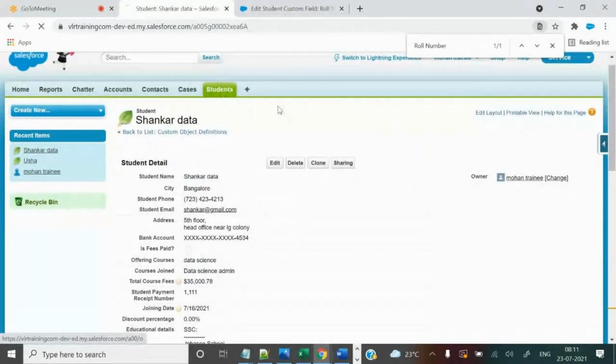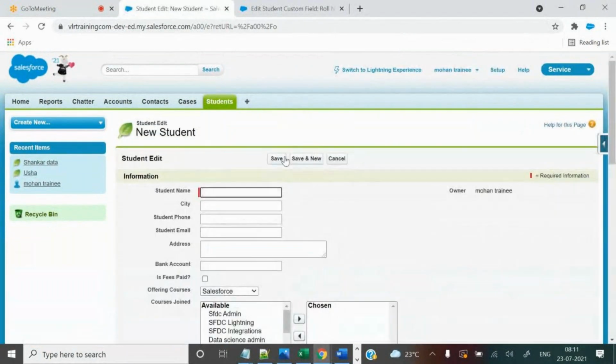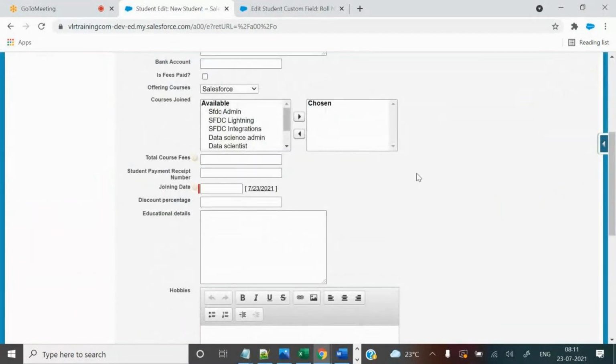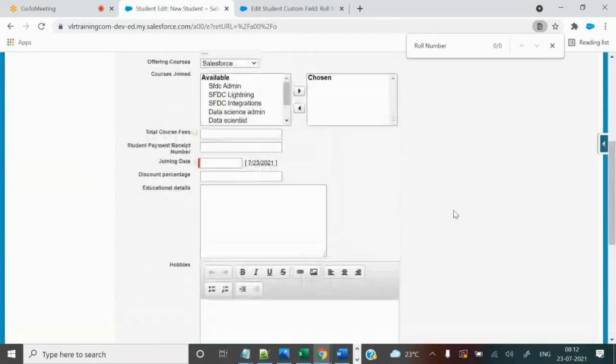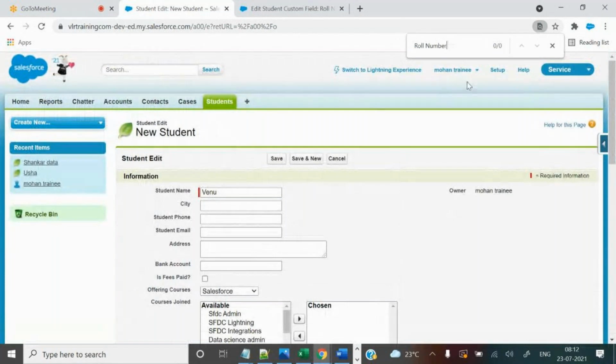Let's go to student records, click on the new button, and now you can create. Suppose you have created a new record, check whether roll number field is displaying on the edit of the record or not. During the time roll number field is displaying or not? No, it is not displaying. See, 0 by 0 means you are not finding any of this field on this page. Okay, this is control F, search. Non-technical people, you need to know 0 by 0 means you cannot find this label in this page.